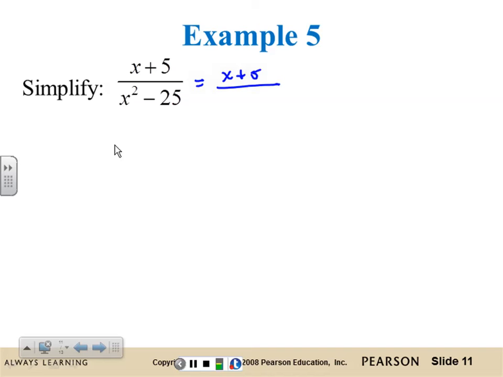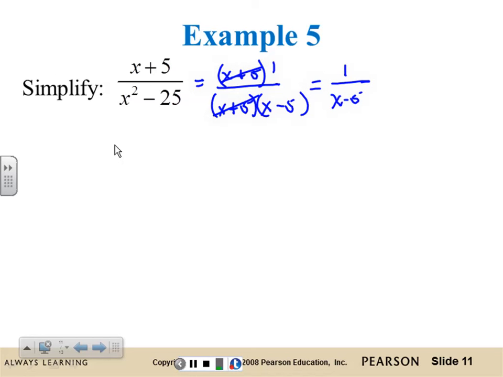And then on the bottom, that's the difference of two squares. So we'll open up two sets of parentheses, plus in one, minus in the other. Square root of x squared is going to be x, and the square root of 25 is going to be 5. Now remember, this is a binomial group, and so that x plus 5 will go away. And remember, when something cancels out, it goes to 1, so I'm going to have 1 over x minus 5